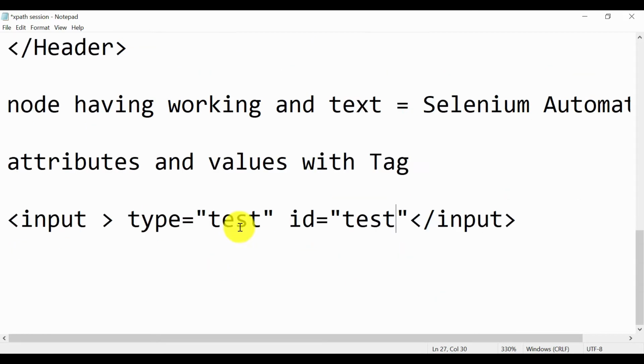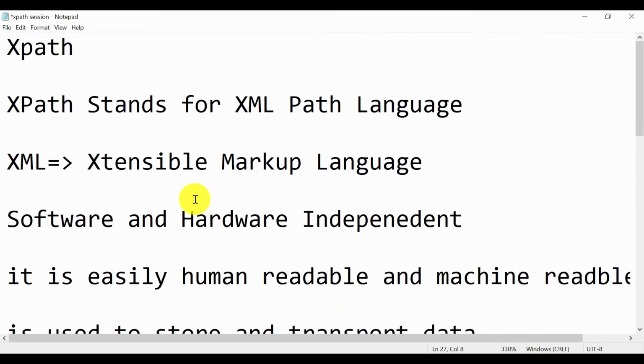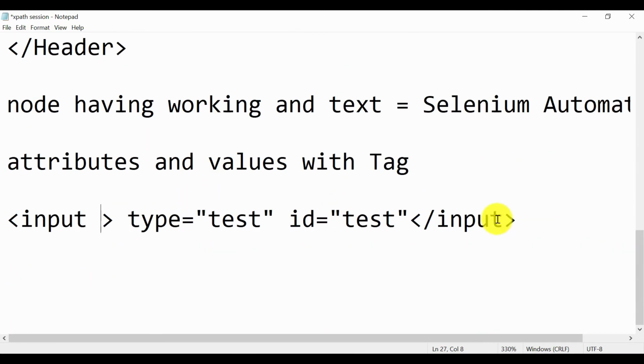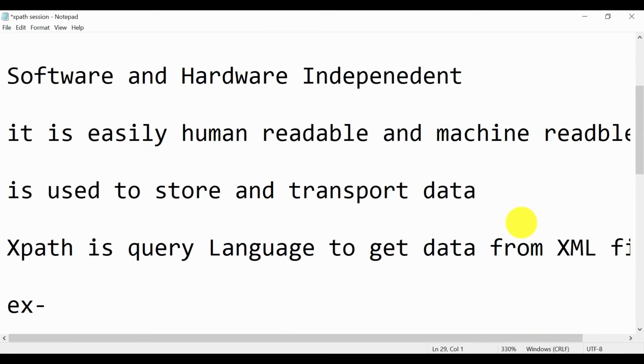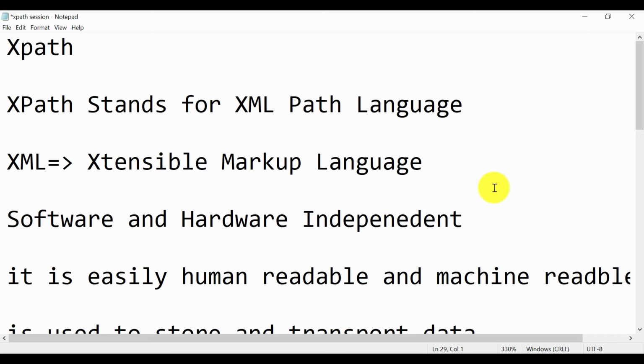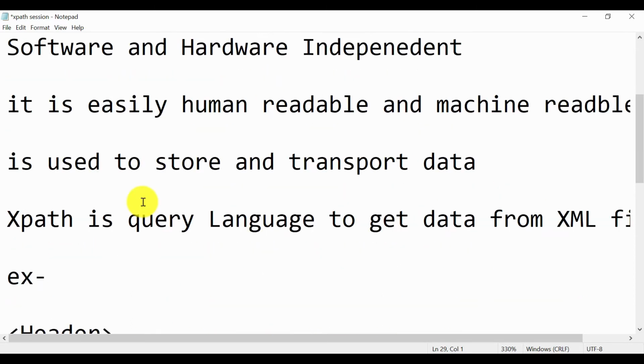Okay, so using this tag or attributes and their values, we will be able to reach some specific node in the document. That's why I covered this, and it is useful for how we create our basic syntax of the XPath. This is only the introduction, the theoretical part related to XPath. It might be asked in an interview what exactly it is or what XML stands for, so just from a knowledge point of view, I covered this.